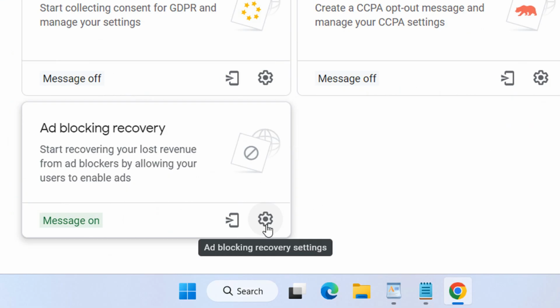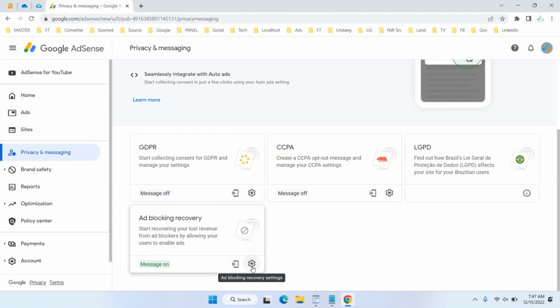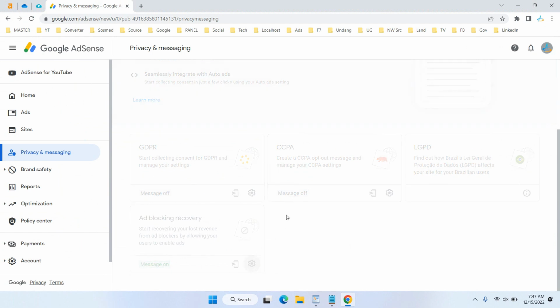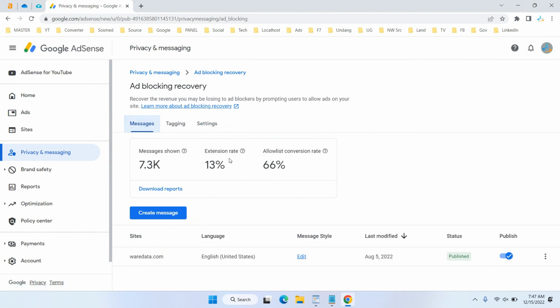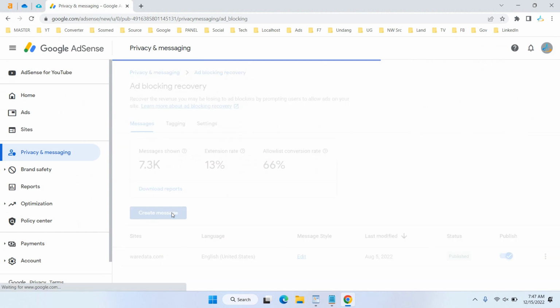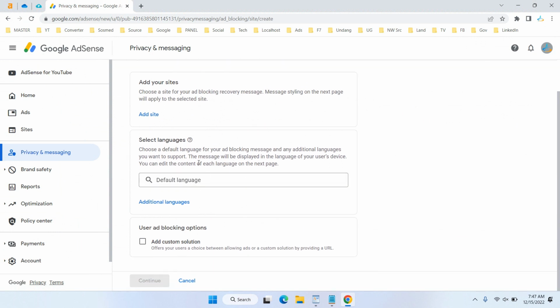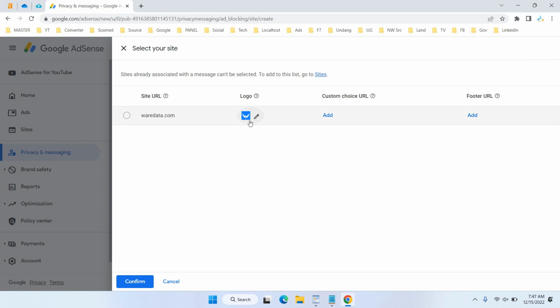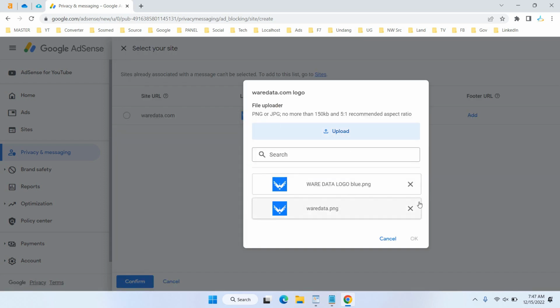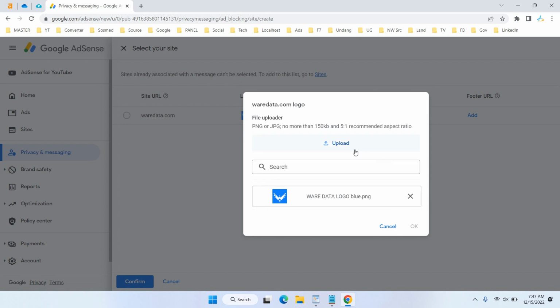To upload your logo here, you just click settings in the Adblocking Recovery settings. For example, select message, and in here when you create a message, for example, and add sites, you can upload a logo in here. You can see there, I delete this first, and when I upload this logo,